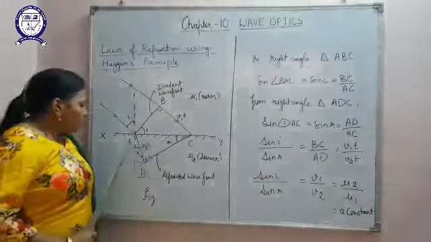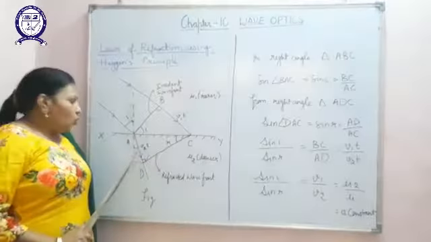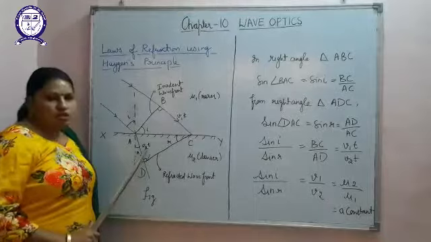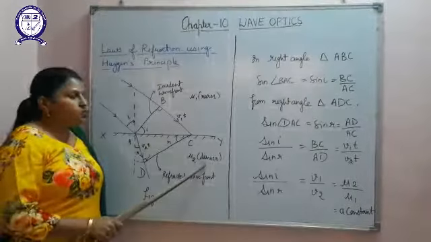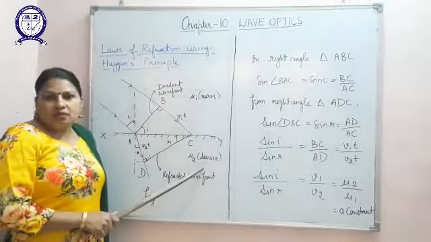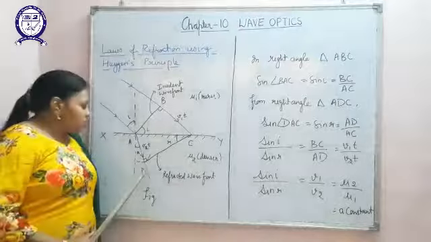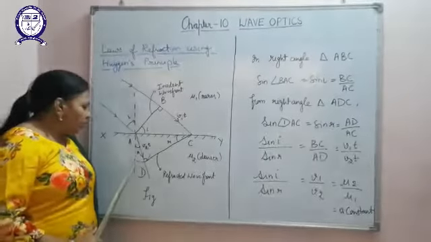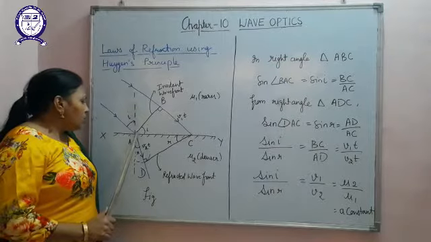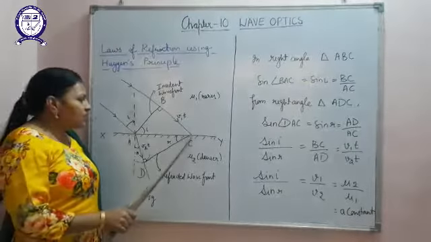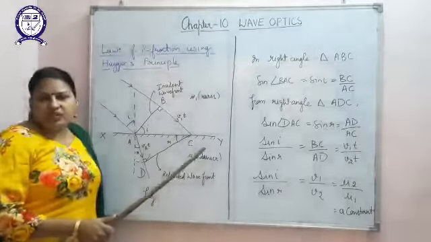Now, when it is refracted into medium 2, its velocity is going to change. Obviously the velocity is going to decrease because now it is propagating in the denser medium. So the velocity achieved by this wave is v2. When it bounces here, after that it is successively going to bounce at point C, so it is going to have its wavefront.